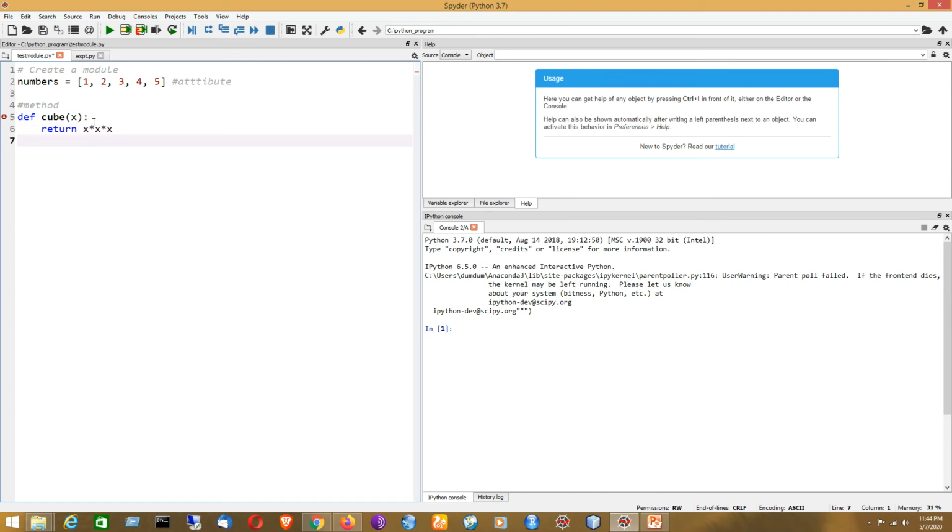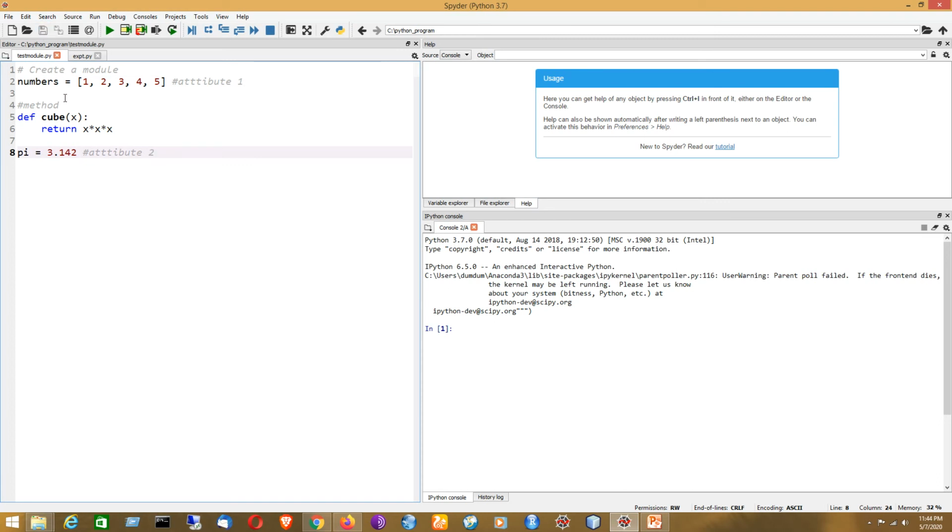Apart from that, I would like to include another attribute, named pi, having the value 3.142. Okay, so I have two attributes and a method. Clear? It is attribute 1, attribute 2 and a method.